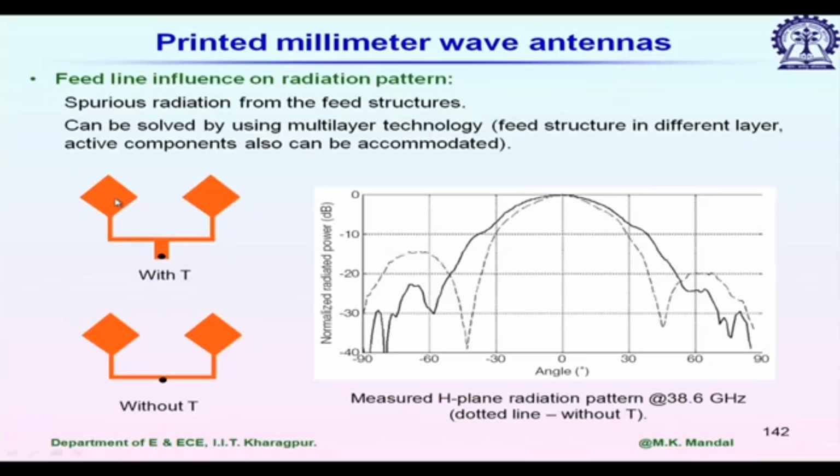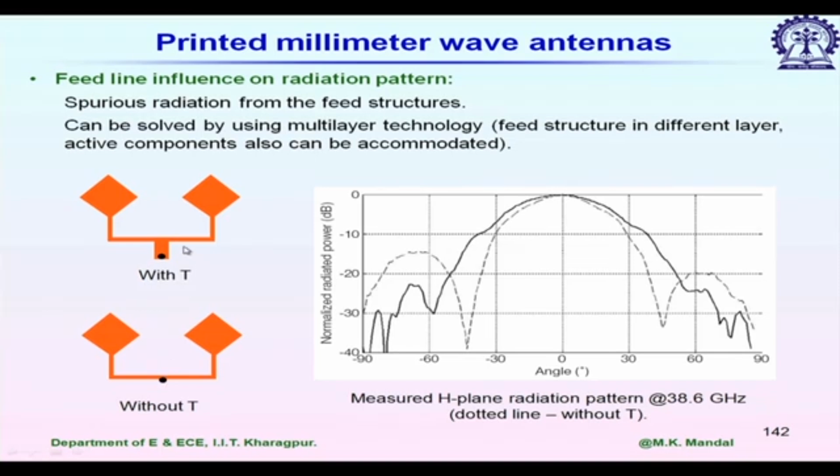So, let us see the first example. We have an array of two resonating patch antennas. Now, we are feeding it. In the first example, it is using one T network. This solid black dot represents the tip of a coaxial probe. So, it is being fed from below the substrate by using one coaxial cable. In the second example, we are calling it without T. We are not using this extension, directly connecting the tip of coaxial cable to this point,